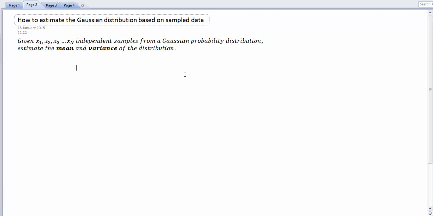Good. So the first problem that I think is most relevant is this one here, very simple to formulate. We are given x1, x2, x3, xn independent samples from a Gaussian probability distribution, and we are requested to estimate the mean and the variance of the distribution. Now, before we dive into solving this problem, we should maybe